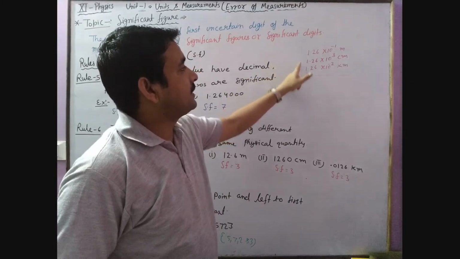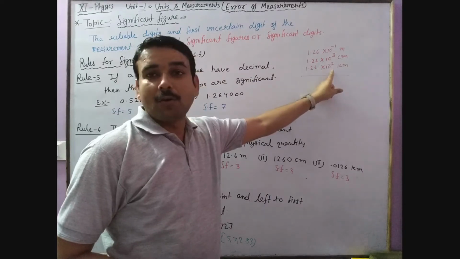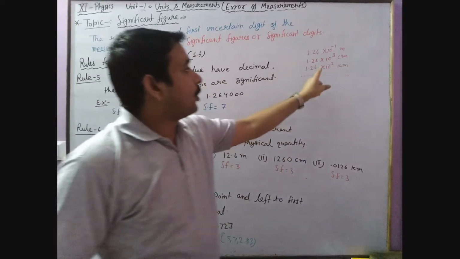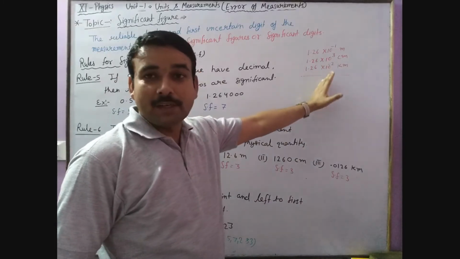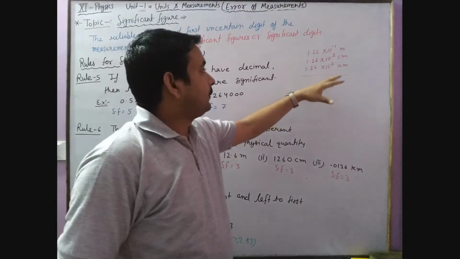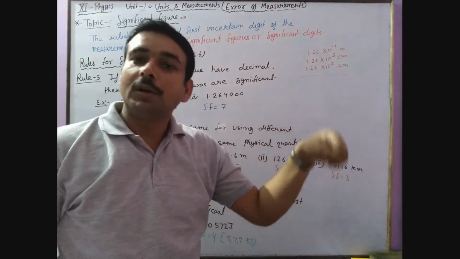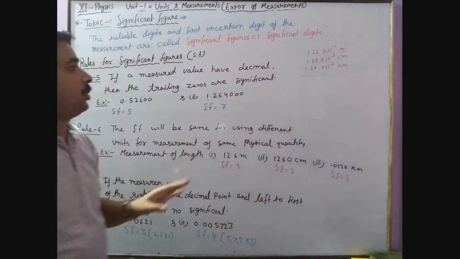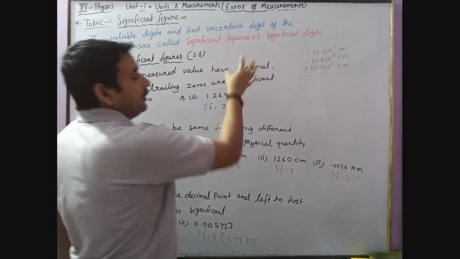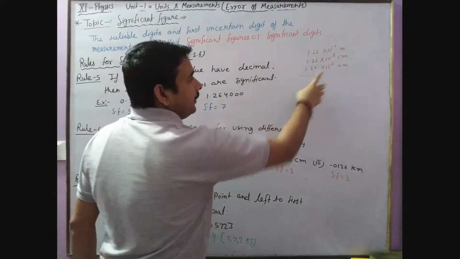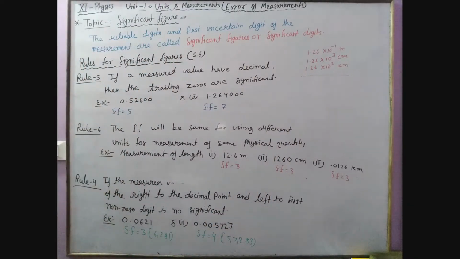Okay, now this can be easily counted that all the measurements have three significant figures, and the power of 10 cannot be counted. It just gives us the measurement of how long or how small. Okay, so this is how we use it in measurement as the order of magnitude of 10. This is all about the significant figure.